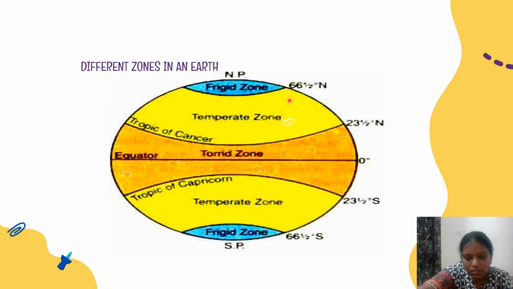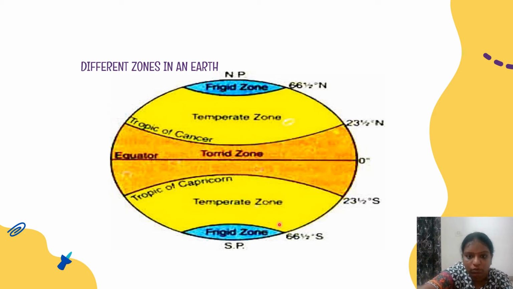Can you tell me what are the different latitudes that you have learnt in the previous chapter? Yes, equator is the most important latitude, right? The torrid zone lies between the tropics, that is the Tropic of Cancer and the Tropic of Capricorn. The next zone is temperate zone. The temperate zone lies between the Tropic of Cancer and Arctic Circle. This line which you see here is the Arctic Circle,